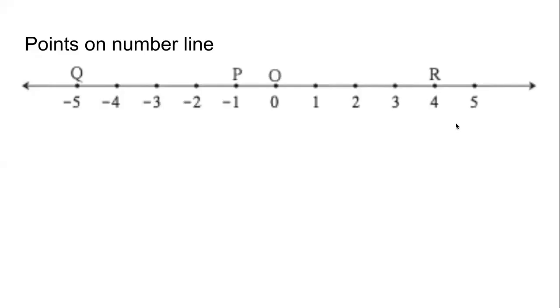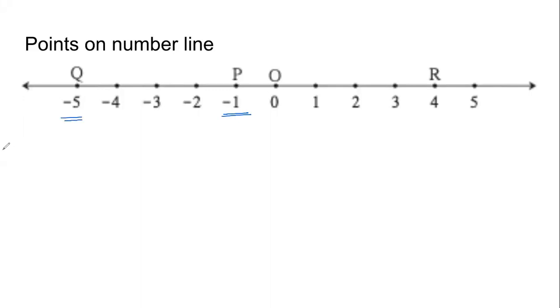You must remember this question we tried to answer at the end of last class, and we did it as part of the revision. We realized that we started studying distance between 2 points last year in the first chapter of geometry. What we studied was, if points are there on a number line, suppose P and Q, P is at the point -1, Q is at the point -5.